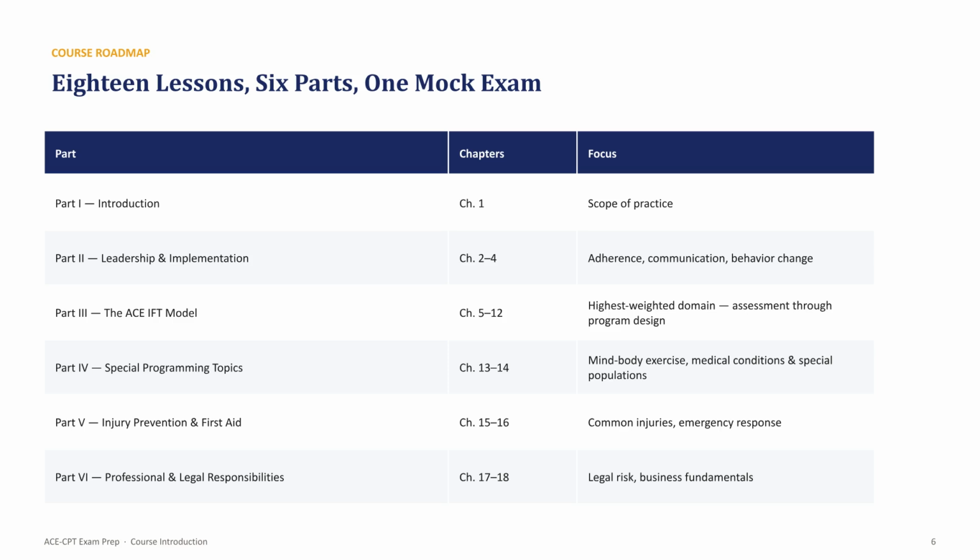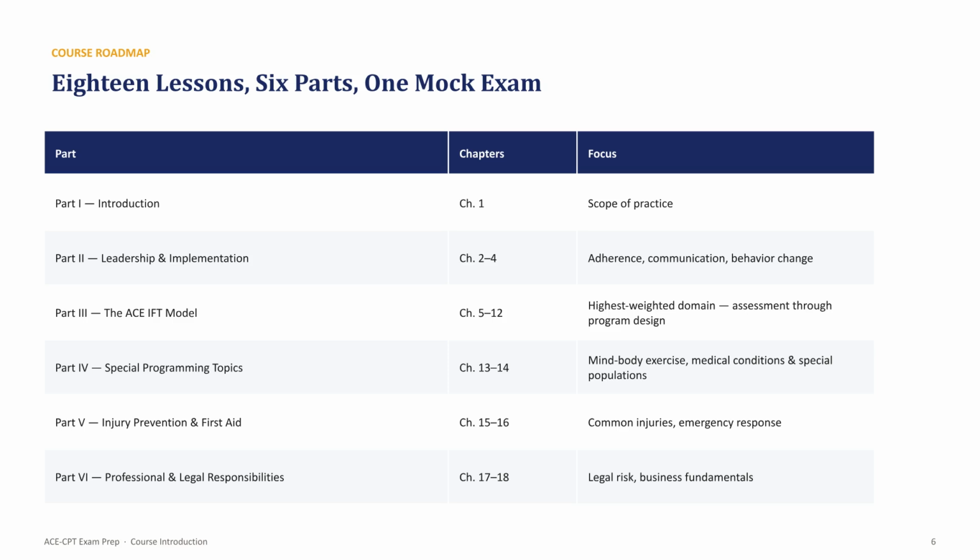Part 3 is the ACE Integrated Fitness Training Model, covering chapters 5 through 12. This is the biggest part of the course because it maps to the highest weighted exam domain, everything from assessment through program design. Part 4 is special programming topics, covering chapters 13 and 14, mind-body exercise, medical conditions, and special